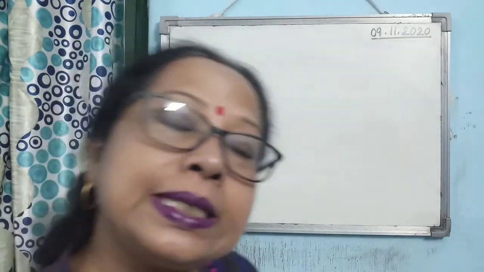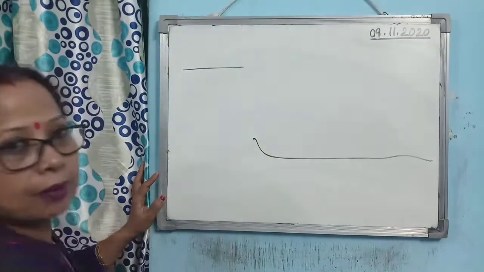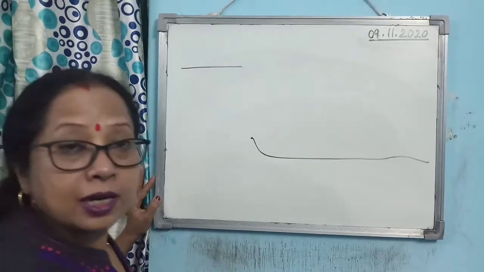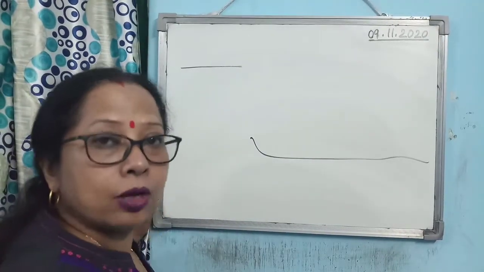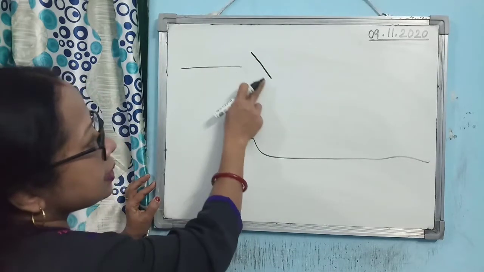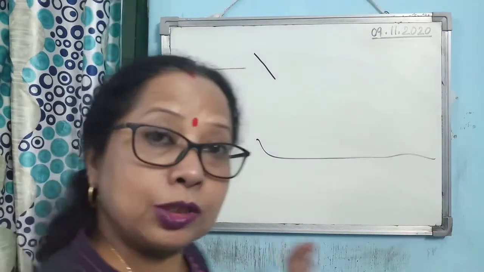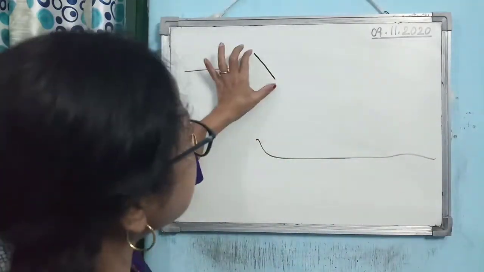I hope you have seen divers jumping from a height. Suppose there is a water pool here, and from here the diver is jumping. I hope you have observed it in different Olympics. I am just denoting the diver's body by a straight line because I am not very good at drawing, so it is not possible to draw the human figure here. So understand it, suppose this is the diver's body.